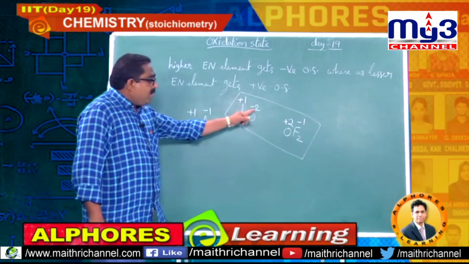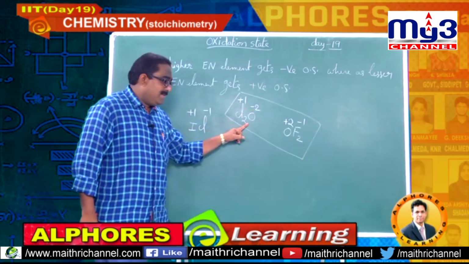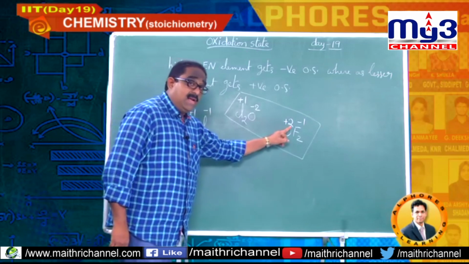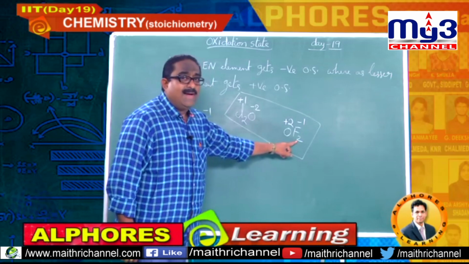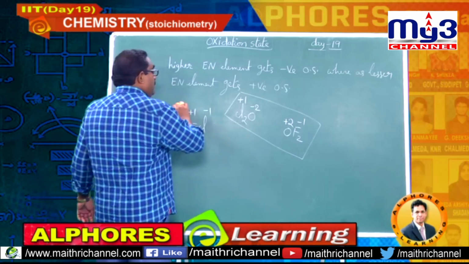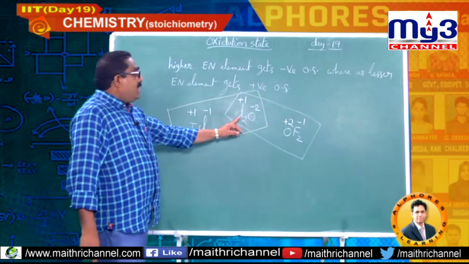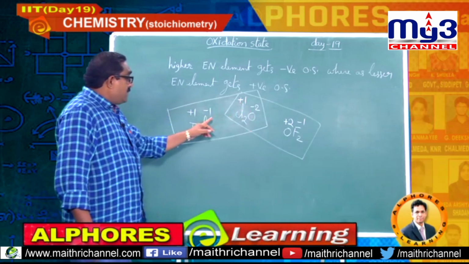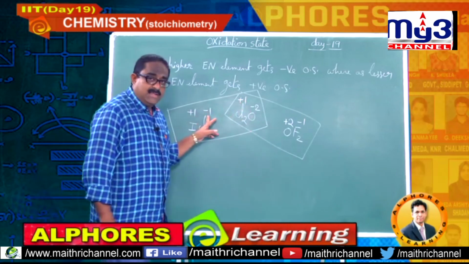See, if you observe these two compounds, here in this compound oxygen is -2, chlorine is +1 because oxygen is more electronegative. Same oxygen in this compound has a positive oxidation state, whereas fluorine has a negative oxidation state because fluorine is more electronegative than oxygen. Similarly, if you observe this set, here chlorine is less electronegative than oxygen, so it gets a positive, whereas chlorine is more electronegative than iodine in this compound, so it got a negative oxidation state.